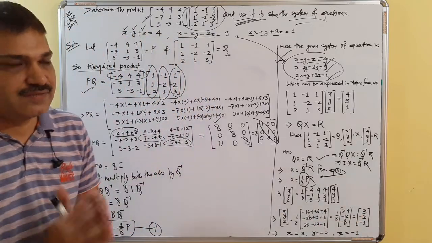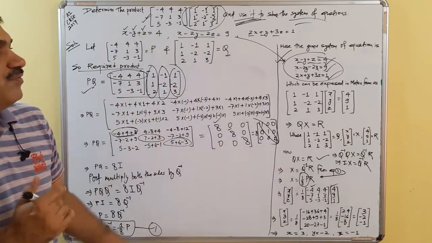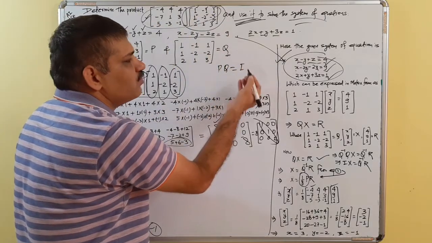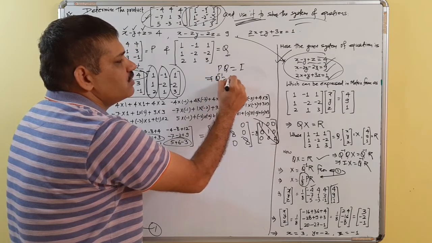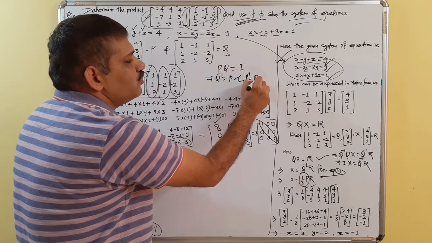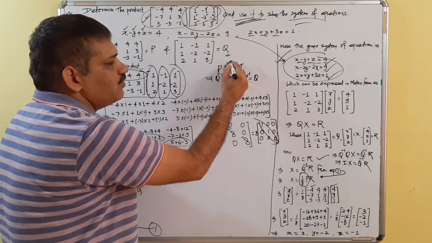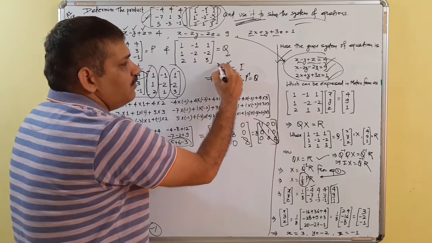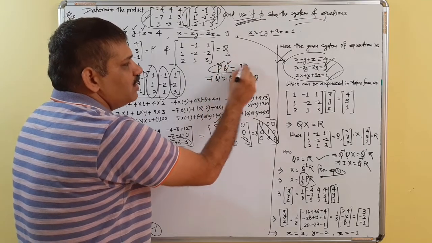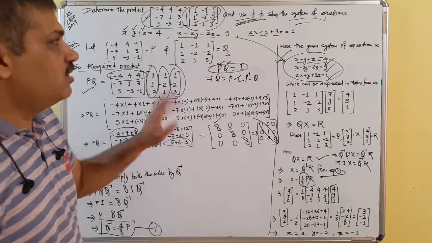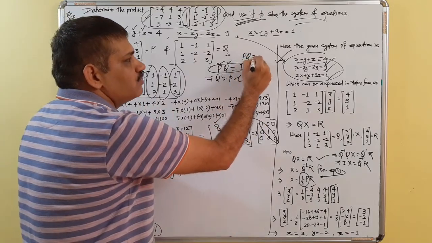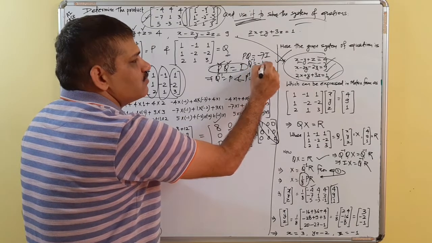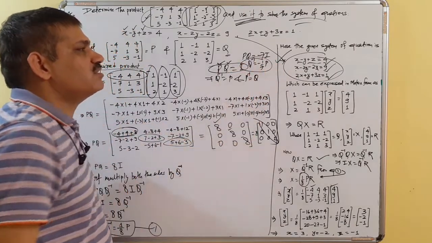So this kind of question, sometimes we have to find the product, and product PQ itself is equal to I. So obviously Q inverse is equal to P and P inverse is equal to Q. The process is very simple. If I need Q inverse, I post multiply both the sides by Q inverse. If I need P inverse, I pre-multiply both the sides by P inverse. If PQ is equal to minus 7I, so obviously Q inverse is equal to minus 1 upon 7 times of P.